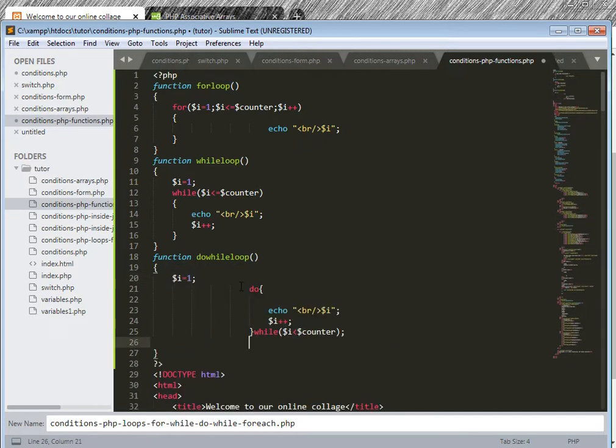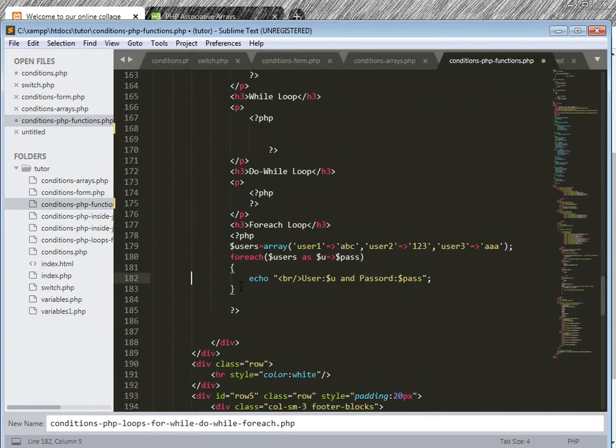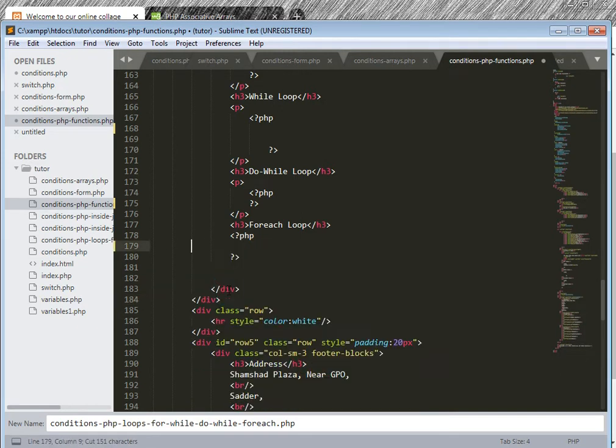Shift and tab. And this was the problem, equal to. Because we start the counter with 1. This is 1. If we start with 0, it should be less than that. And for the fourth, this is the code.